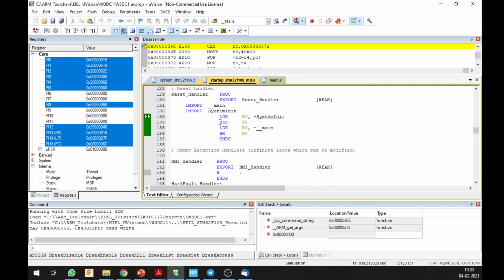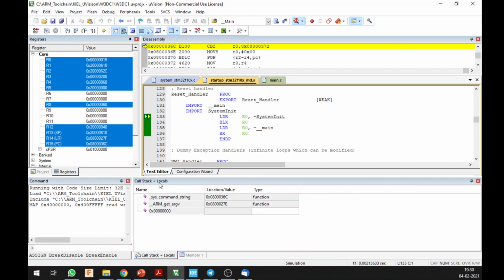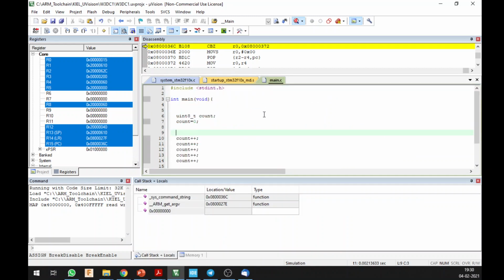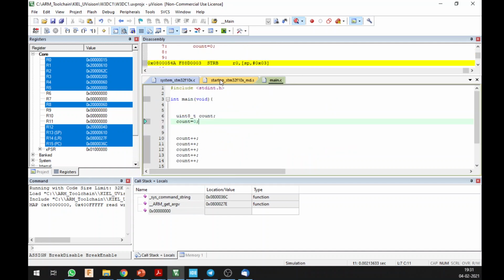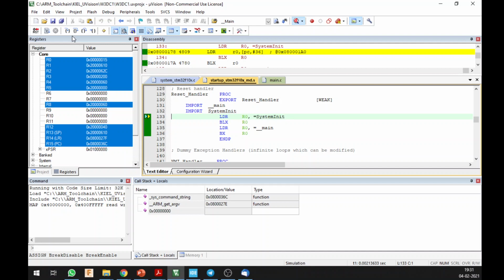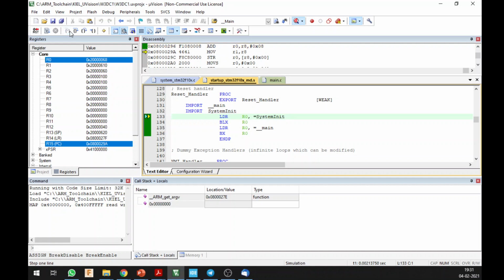startup file, and you can see that it is going to load the data which is there in your register R0. Now just to tell you a few more things about this area where you can see everything, where all these things are going around. And mind you, whatever I have declared over here in my main.c, it's a local variable. I hope most of you know what is a local and a global variable. Over here I have a local variable, so if you want to see the value of locals, you can see the call stacks and locals through this location. And once you get into the main.c file, once the program comes over there, it's over here right now. Once it comes over there, it is going to show me the value of the locals that I'm using.